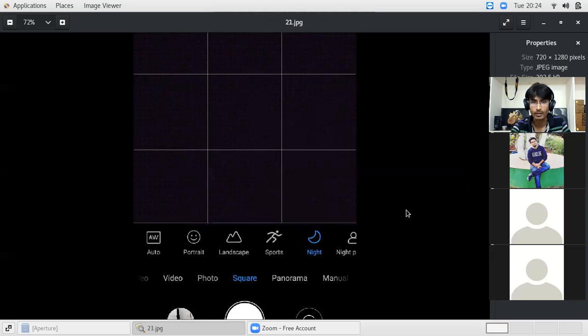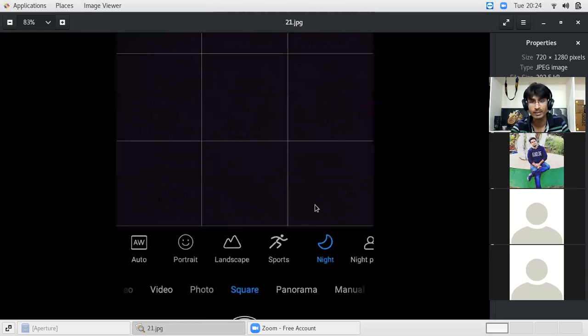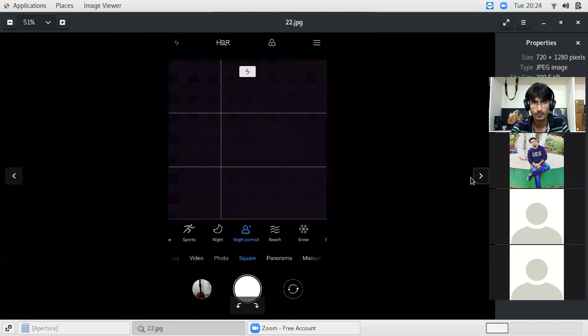Let us say night time, like I showed you one example where the photo was taken at night because of low light. That type of situation you can control by taking the photo with night mode. With night mode, it tries two things. One is it tries to set the aperture in the biggest possible way. And there is one more thing called ISO. It tries to raise the ISO, which we will be discussing later on. But if you use night mode, it tries to provide you the biggest possible aperture.